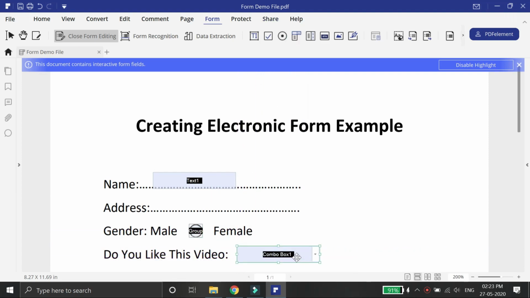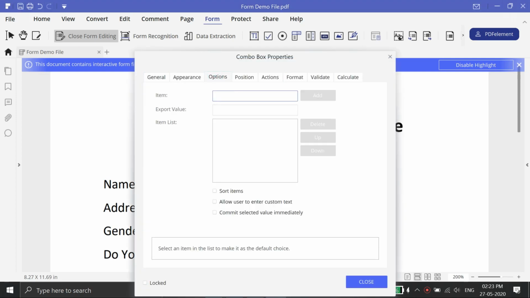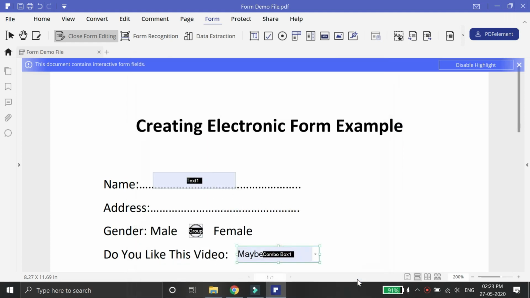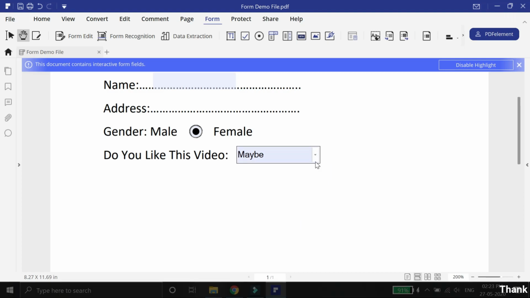Let's try to create a drop-down menu. We will create a box wherever you want this drop-down to be. Then we can fill in these options and add menus according to our need. I'm adding yes, no and maybe. Let's preview this and check how this drop-down works. Now we are getting all the drop-down menus we have provided. Likewise, we can use other tabs as well to create the form.